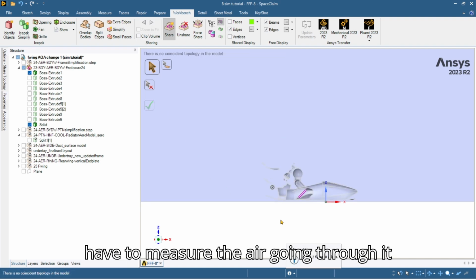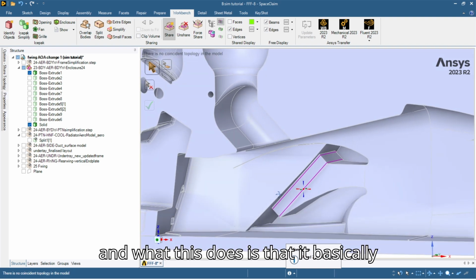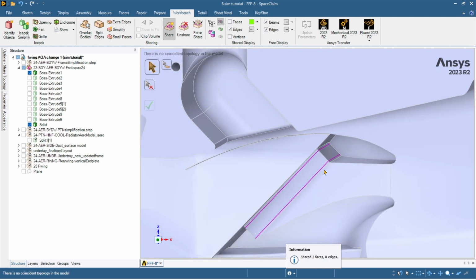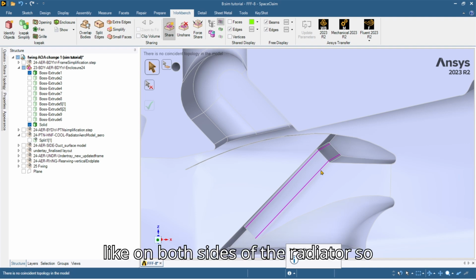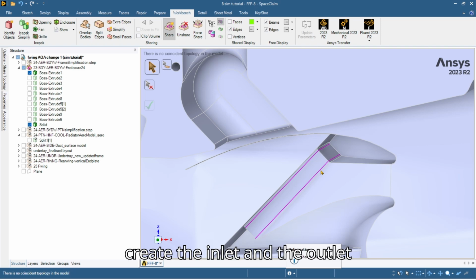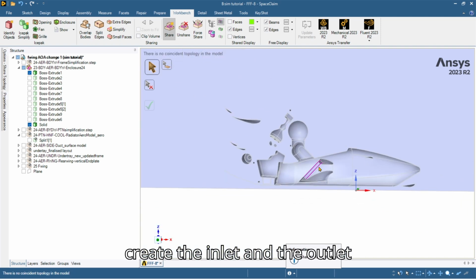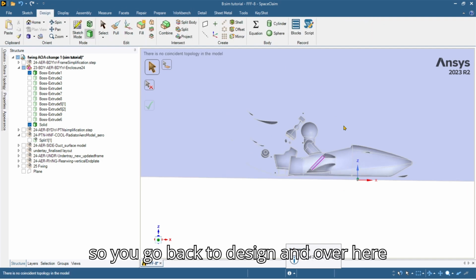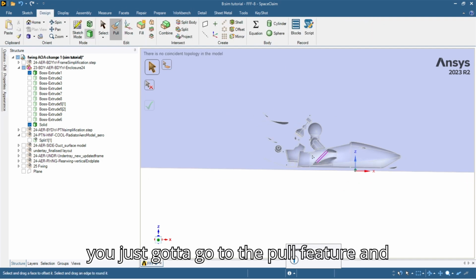So we have to measure the air going through it, and what this does is that it basically creates another face on the radiator, on both sides of the radiator, so that we can use them as a plane to create the inlet and the outlet conditions for the radiator. So anyways, you go back to design, and over here you just gotta go to the pull feature, and